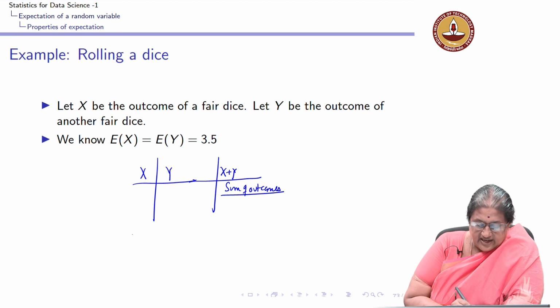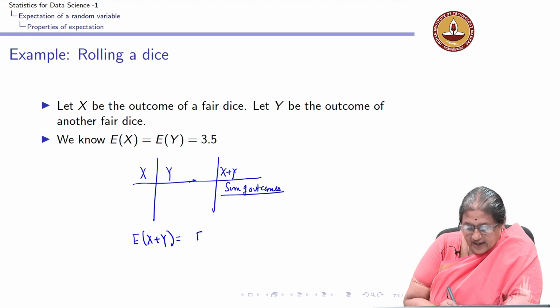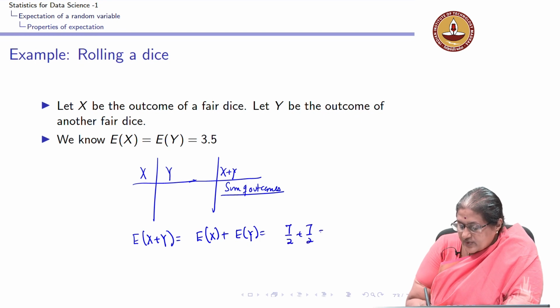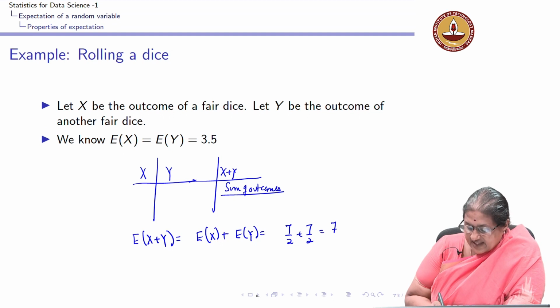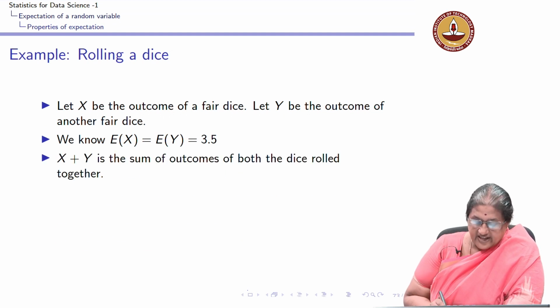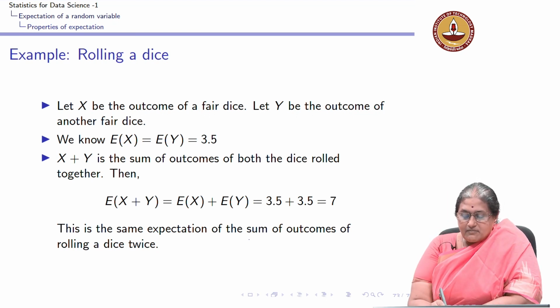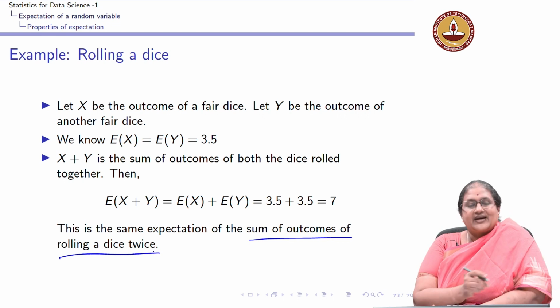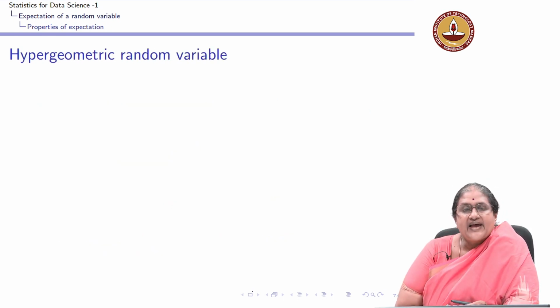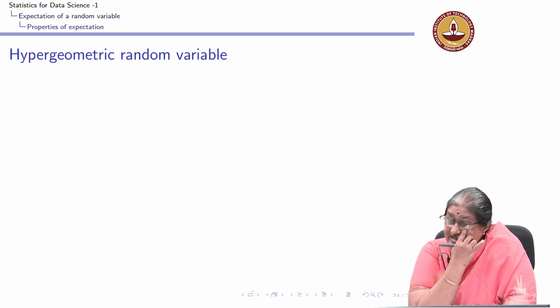So, you can see that the expectation of X plus Y from my formula is expectation of X plus expectation of Y, which is 7 by 2 plus 7 by 2, which is equal to 7, and this matches with the expectation of the sum of outcomes of rolling a dice twice. So now let's look at an example of another important random variable which arises in a lot of applications, and this is referred to as a